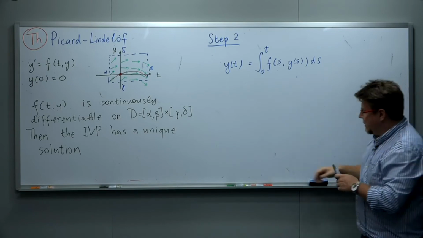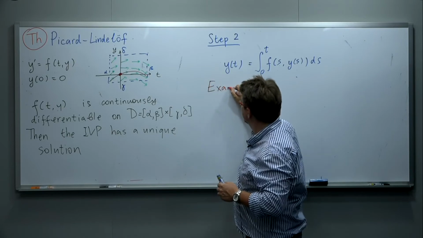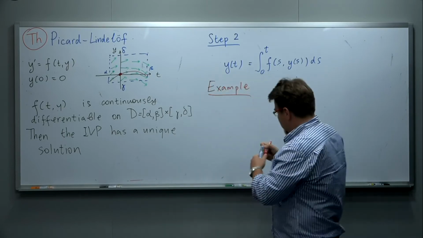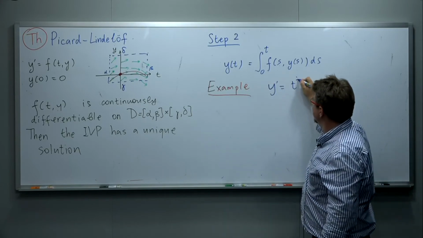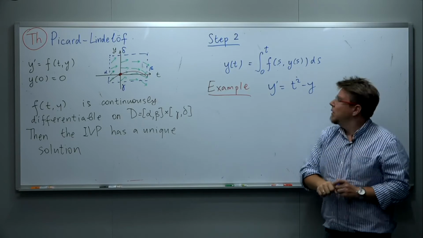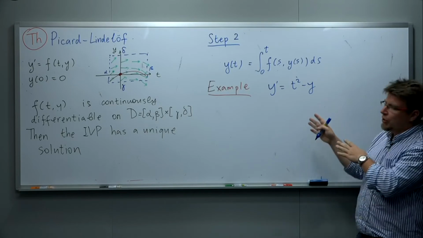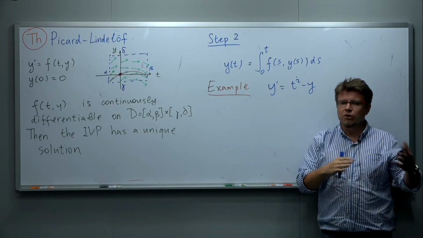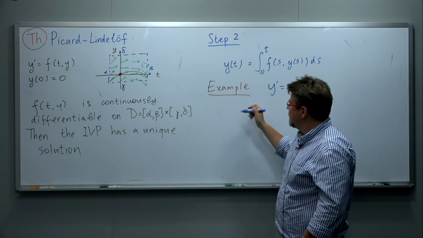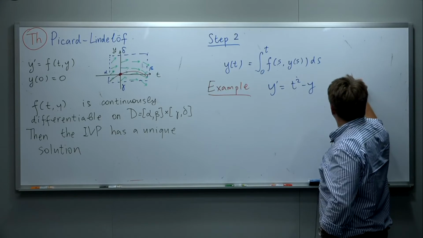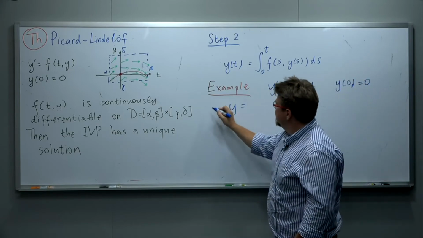Let me give you a specific example so you can get a better feeling of this. My specific example is y prime equals t squared minus y. Now, of course, you can solve it. This is a linear differential equation. You can just solve it, or you can do it in Wolfram Alpha. Yeah, I did it in Wolfram Alpha. So with y of 0 equals 0, the solution is,